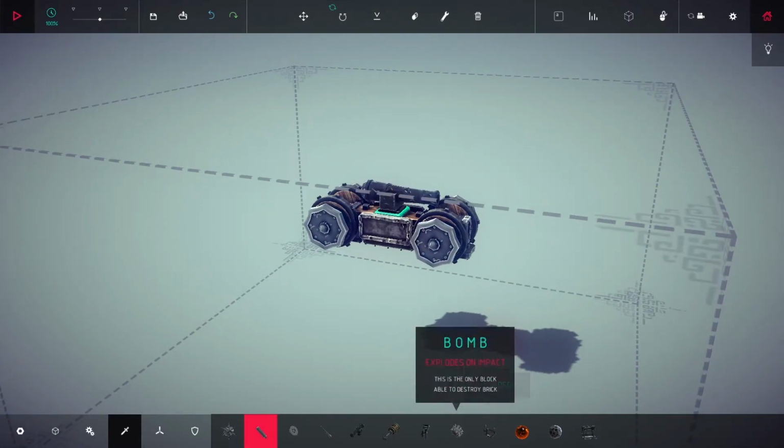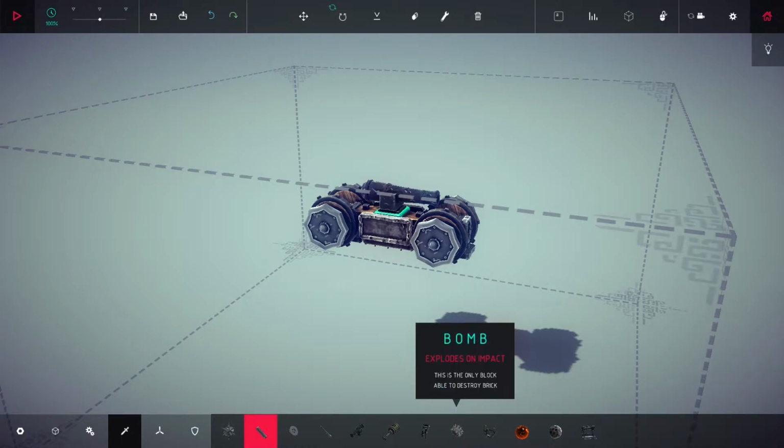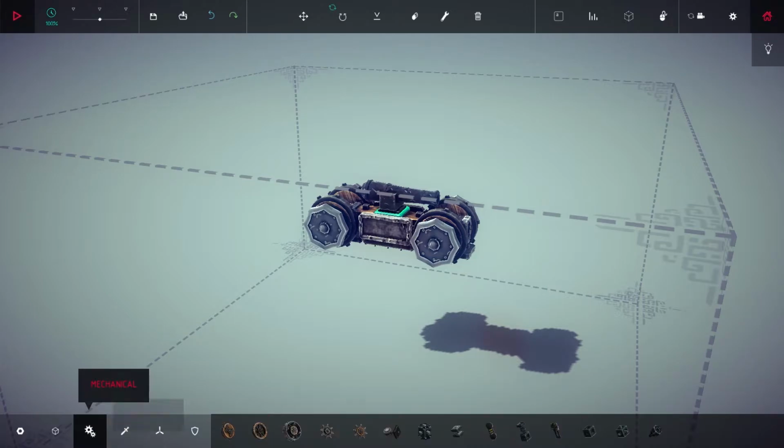This is a holder that you can then put in like bombs. It's got a flaming ball, again, to light stuff on fire. Just your old, regular, old-fashioned, everyday boulder. And this is stuff that you can use as a catapult. So you put like a bomb in the holder, and then you can actually use some of the stuff in